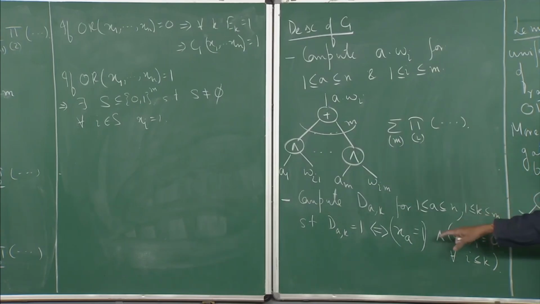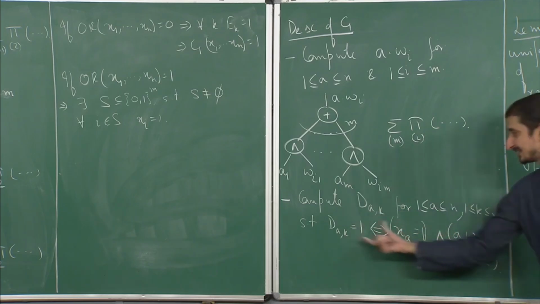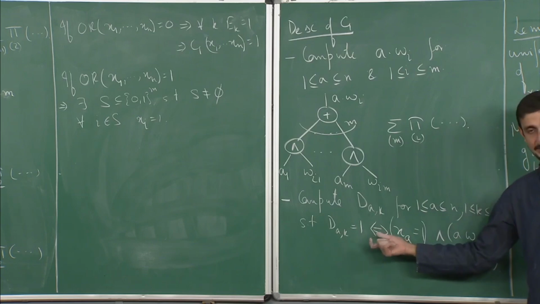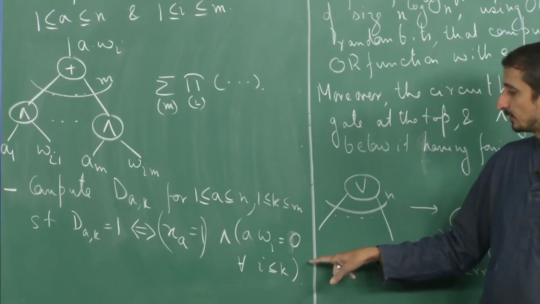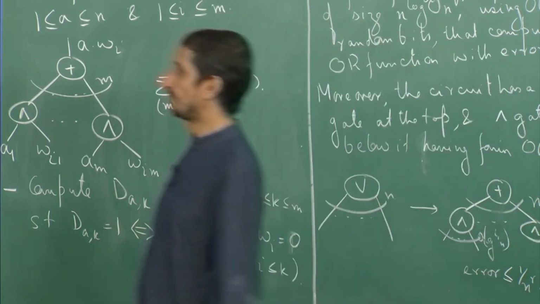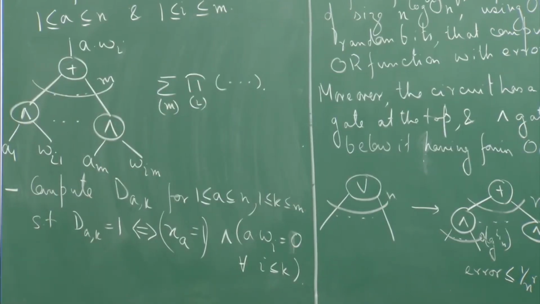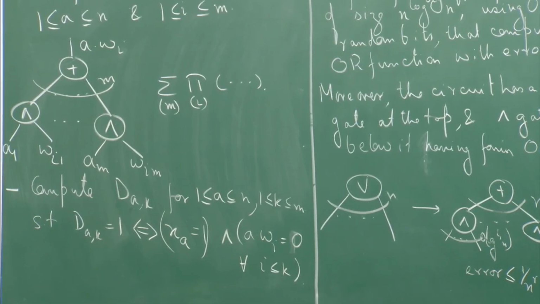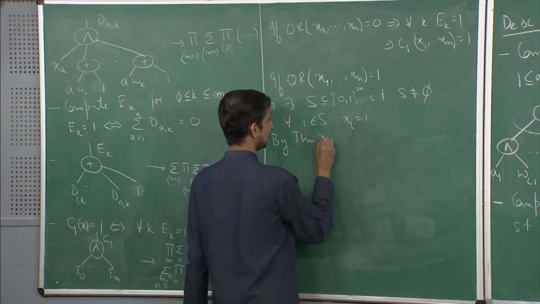There is some k for which DAK will be equal to 1 for exactly 1A, because A dot Wi will be equal to 0 for all the i's up to k. That will happen with probability at least 1 by 4, if I is in S. So, by theorem 2,